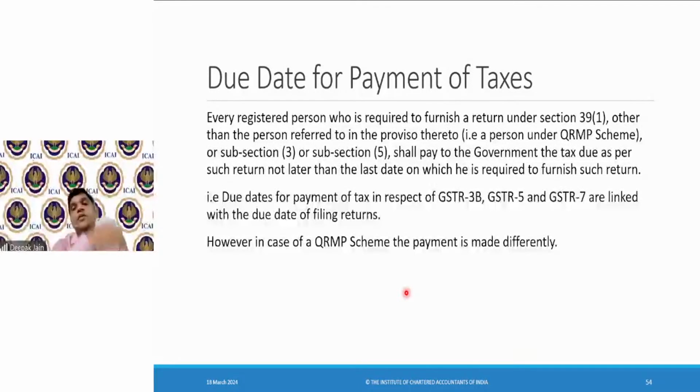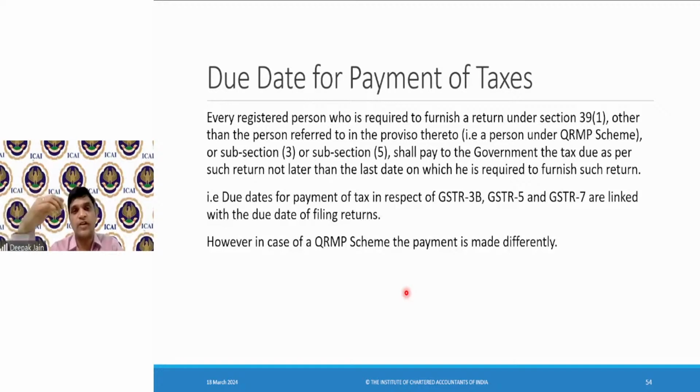The due date for payment of taxes says that every registered person who is required to furnish a return under section 39(1) — that means a person who is filing GSTR 3B, a regular taxpayer — other than the person referred to in the proviso thereto. Matlab, section 39 में एक proviso आया for QRMP scheme people. So except QRMP scheme people,